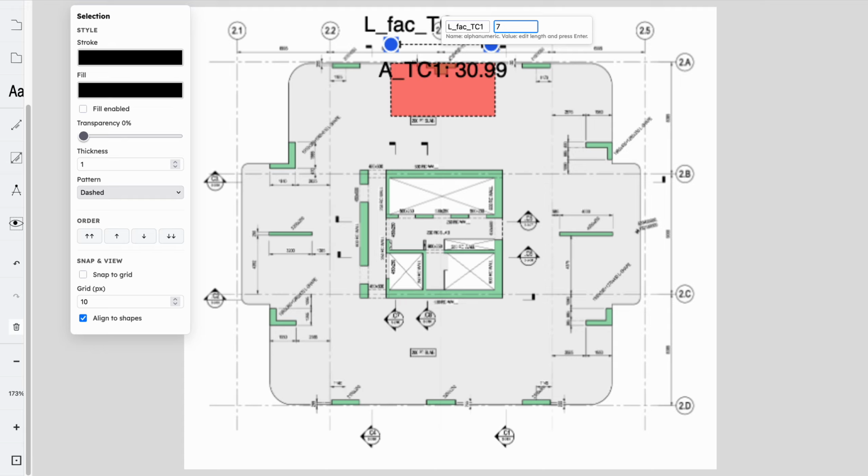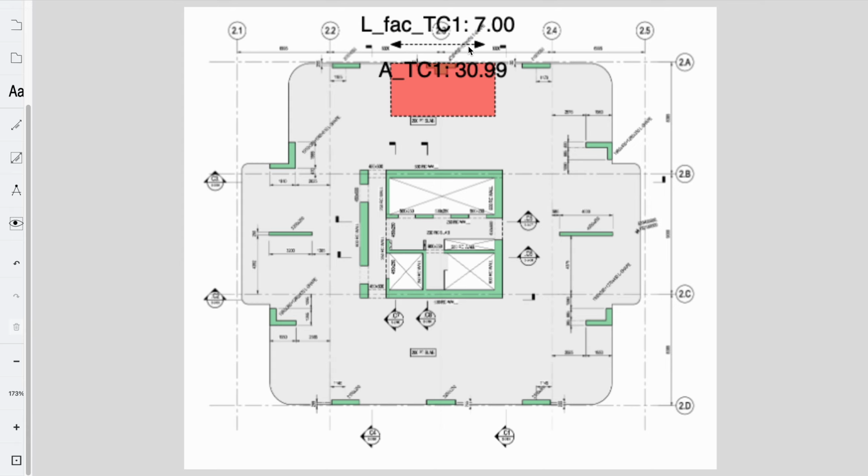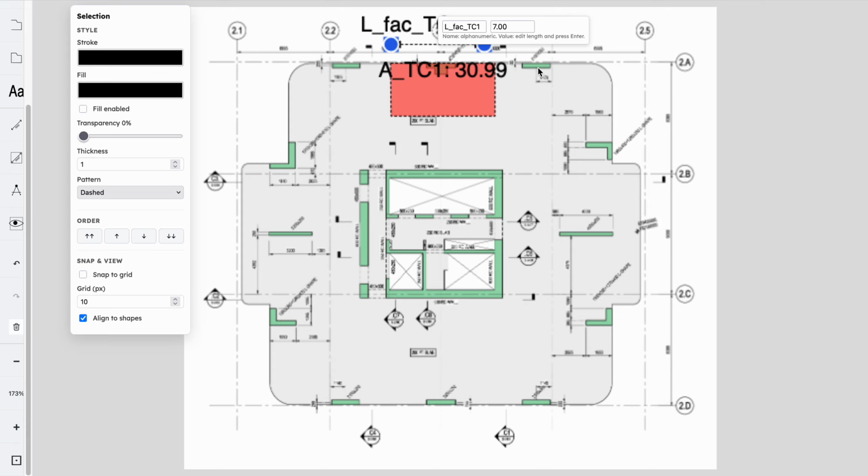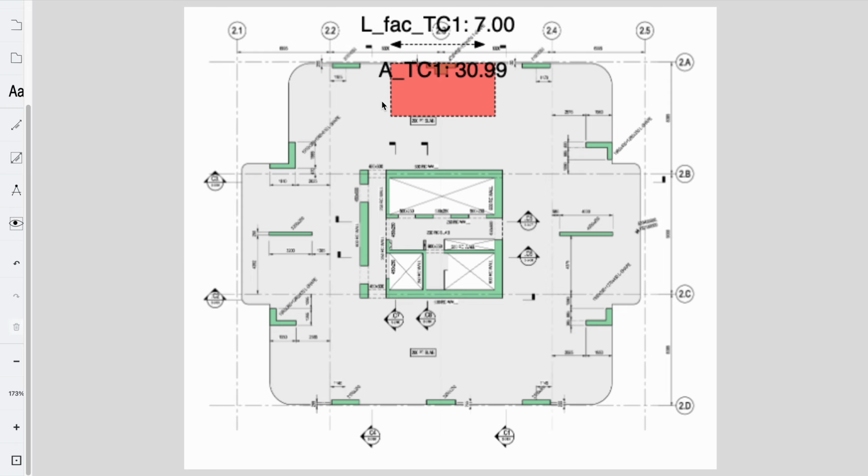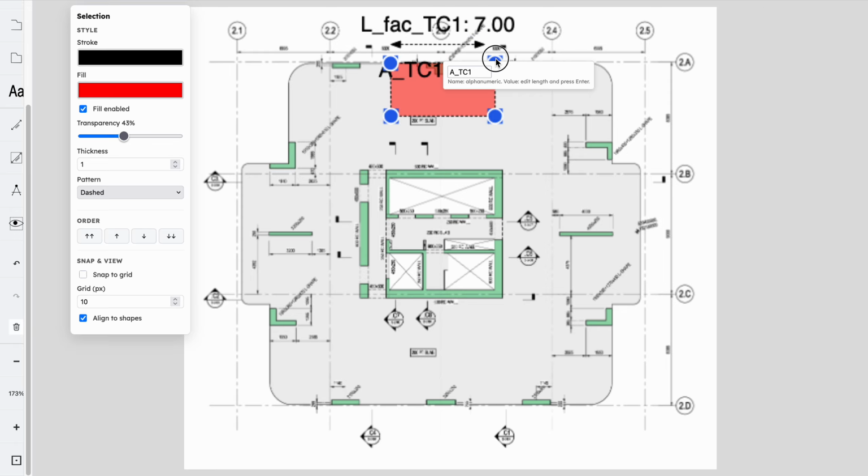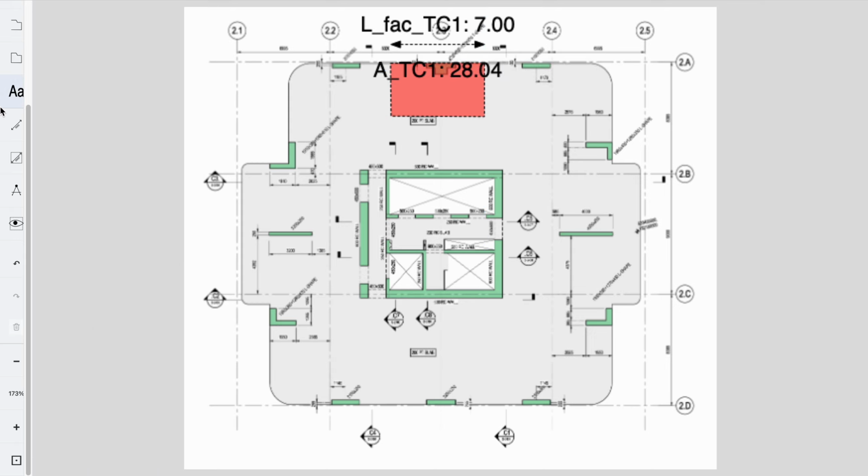So if I want it to be 7 meters, I hit 7. As long as I press enter, it will do that, and it will reset the length to that. If I wanted to quickly adjust this, I could use the drag handles with the shift key. There you go, the snap line should appear. There we go. Now I'm going to click save,